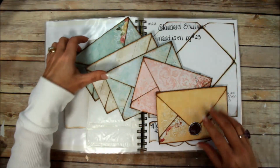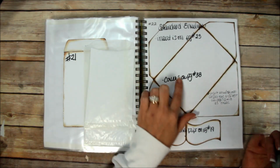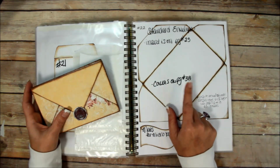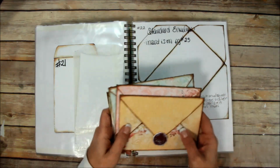Hey guys, the next album that I want to make in my ultimate DIY scrapbook printable template is the standard envelope album. And it does have its own covers. It's on page 38, but these are the envelopes, by the way. I've already put a bunch of them together. You'll see all this in a different video, but